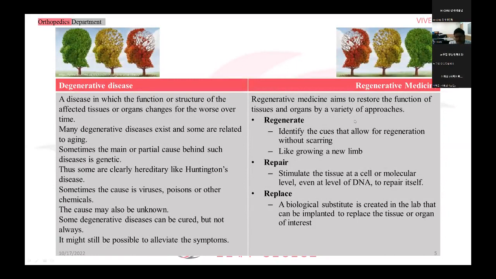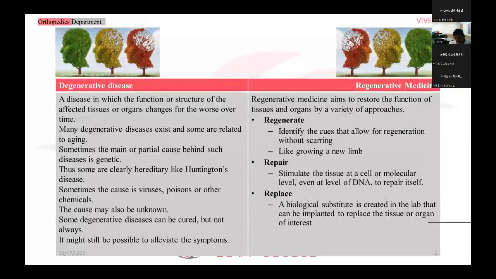In that case, basically, we have three approaches. Number one is regenerate. Regenerate means identifying the cause that can allow for regeneration without providing any kind of care to the tissue or organ. My example is growing a new limb, especially in the case of very lower vertebrates, but not in higher ones. Repair is a very important phenomenon where we have to stimulate the tissue or cell at the molecular level,